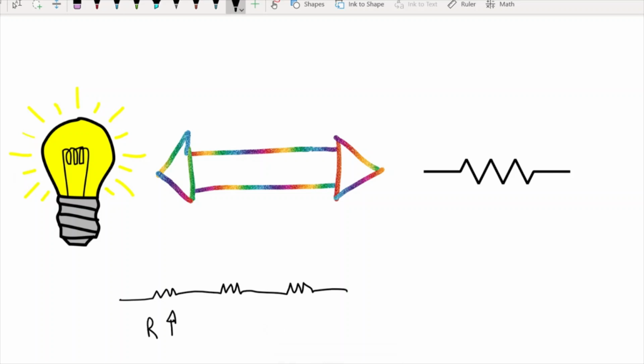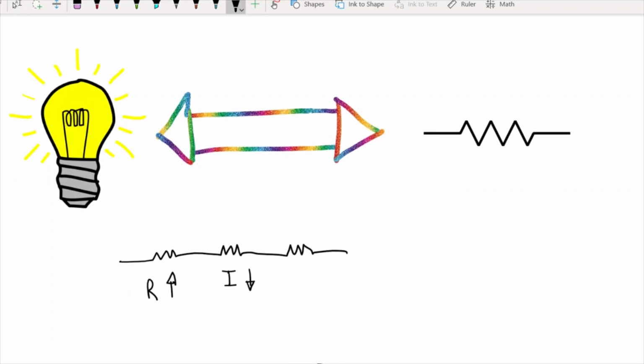And if the effective resistance is higher, that means the current is going to be lower. This is simply because of Ohm's law. You have V equals IR, this being the voltage,